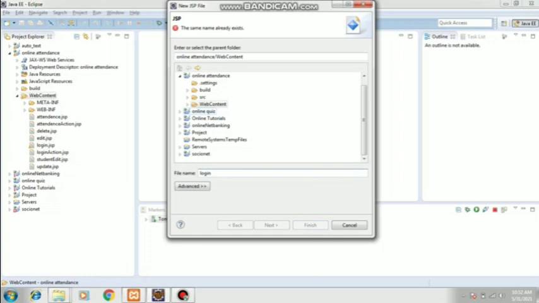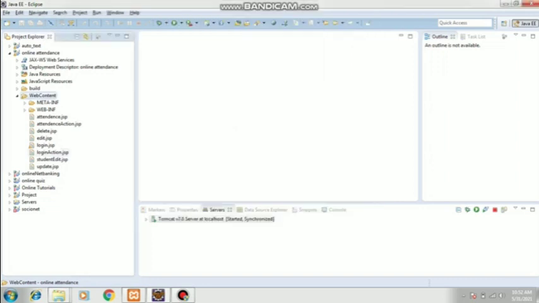Here I need to create a login page, so I have typed login, which I have already created. You might have seen here I have a login page which has already been created. I'll send you these pages, whatever I am doing now, so you need to type it in your system.